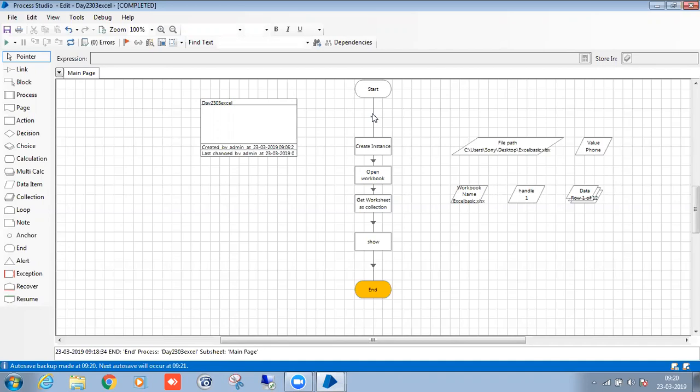Actually, those scenarios won't come, but in real time we have a concept called work queue. Everything, all the data, we will dump into one work queue. From the work queue, multiple bots will take the data. So that concept will be there. So environment locking is there. Blue Prism is providing lots of features. There are some features we won't use in real time, like web services and environment locking. So these concepts we won't use.